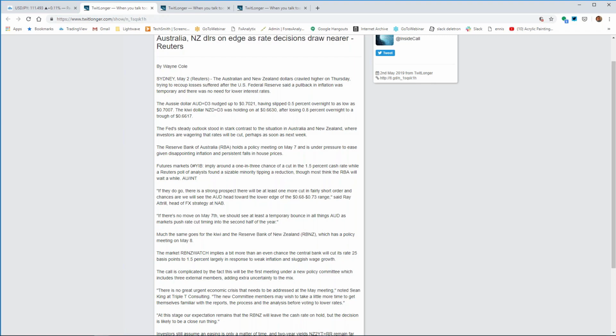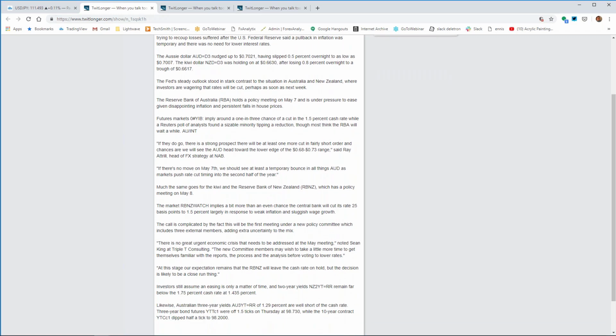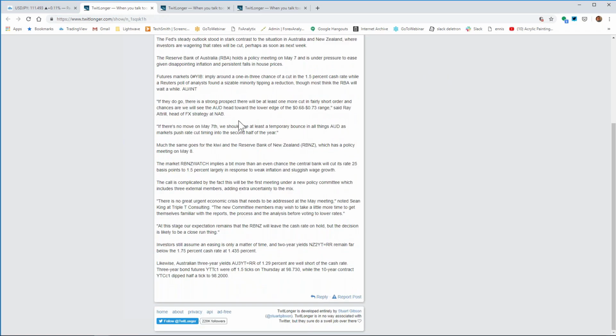The RBA holds a policy meeting on May 7th and is under pressure to ease given disappointing inflation and persistent falls in house prices. Futures markets implied a 1 in 3 chance of a cut in the 1.5% cash rate, while a Reuters poll of analysts found a sizable minority tipping a reduction, though most think the RBA will wait a while. If they do go, there's a strong prospect there will be at least one more cut in fairly short order,